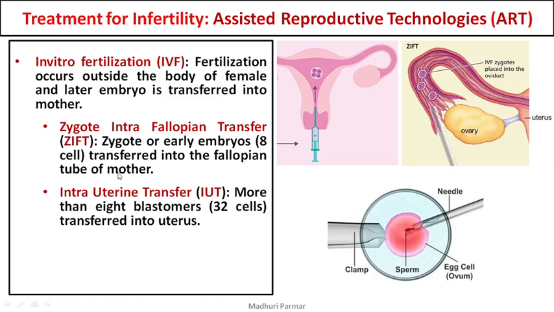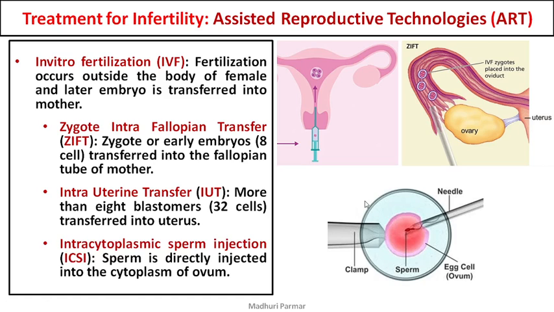Okay, within uterus, intrauterine. The third variety is known as intracytoplasmic sperm injection. Now, this is not related to where the embryo is implanted. This is rather related to male infertility. If the sperm does not have enough motility, that is, it is not able to move very well, so the motility is lacking, in which case this sperm is taken and injected directly into this egg cell or ovum. This pink colored cell that you can see is the egg cell, and through this needle,